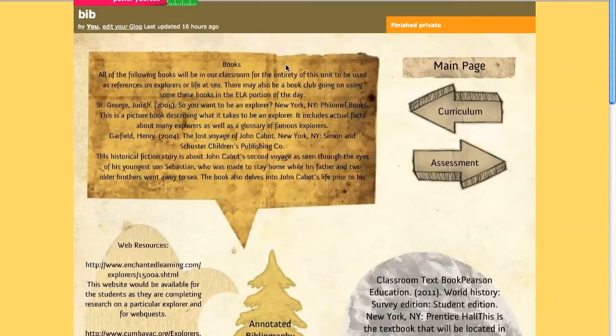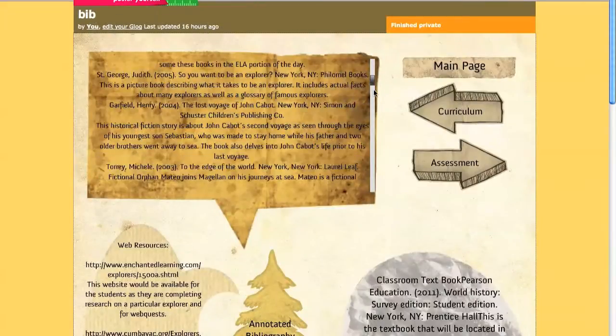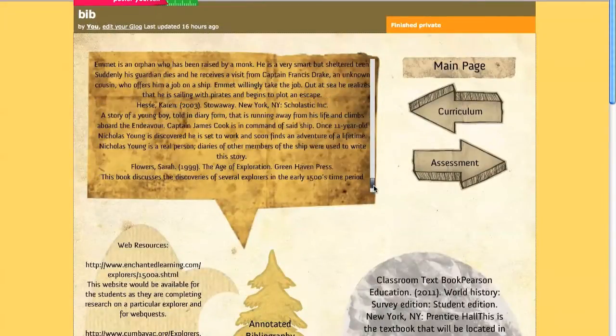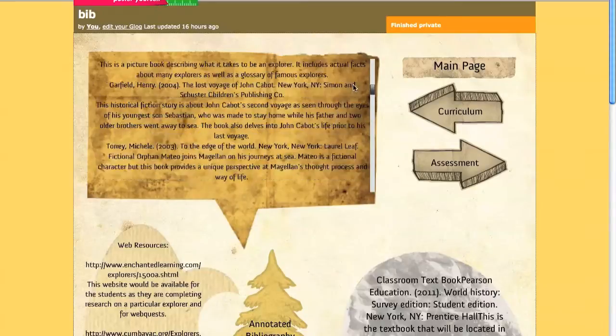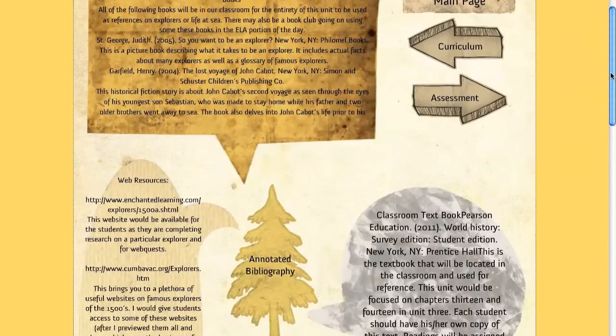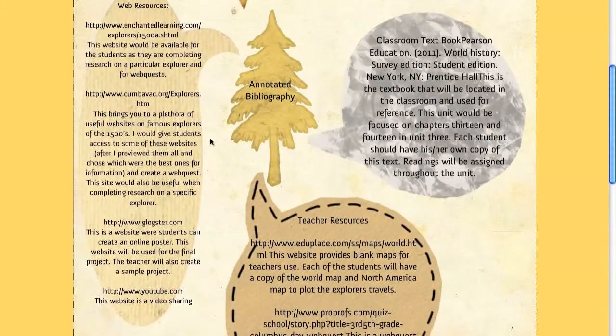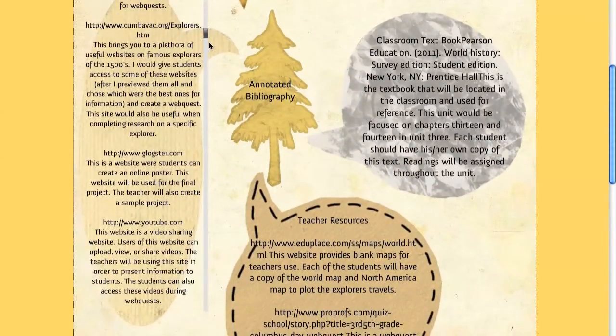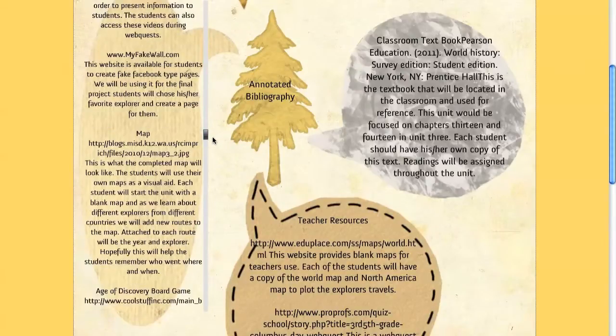Before getting to our assessment page, we just wanted to show you all the sources that we've used throughout this project. This first section, make sure you use the scroller, and it says each one of the books that we would like to be kept in the classroom for students to be used throughout the unit, and also we are planning to have book club using these books as well during the same time as our unit. We have our web resources, everything that we've used when making our maps